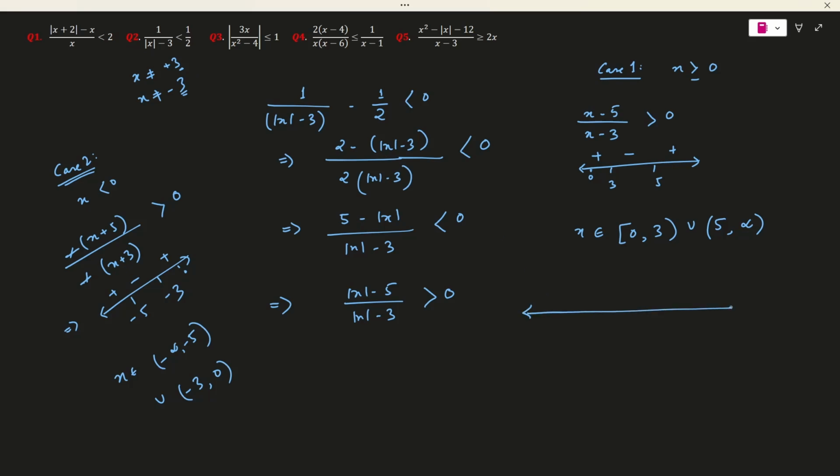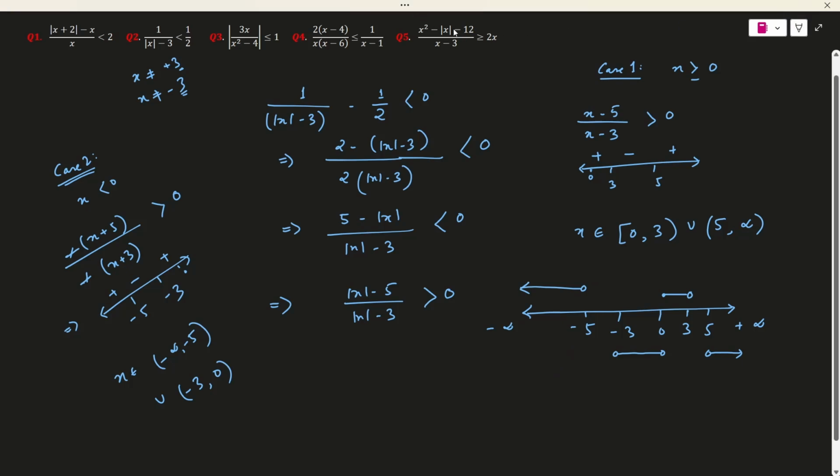Let us now combine the two cases. Minus infinity, plus infinity. Minus 5, minus 3, 0, 3, 5. First case is 0 to 3, then 5 to infinity. Second case is minus infinity to minus 5, minus 3 to 0. So if you look at this range, we do not have anything from minus 5 to minus 3 and from 3 to 5. Correct? We do not have anything here. So our final answer will be